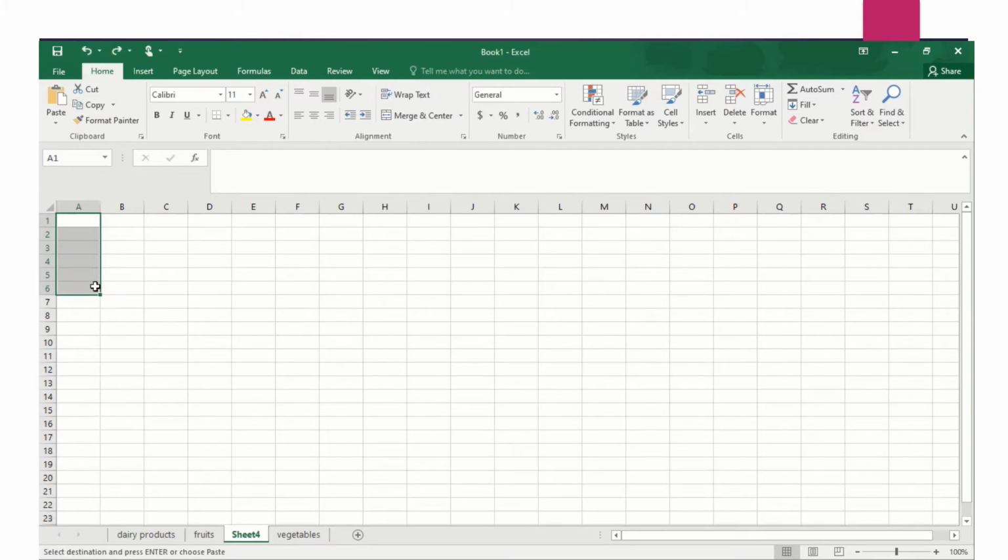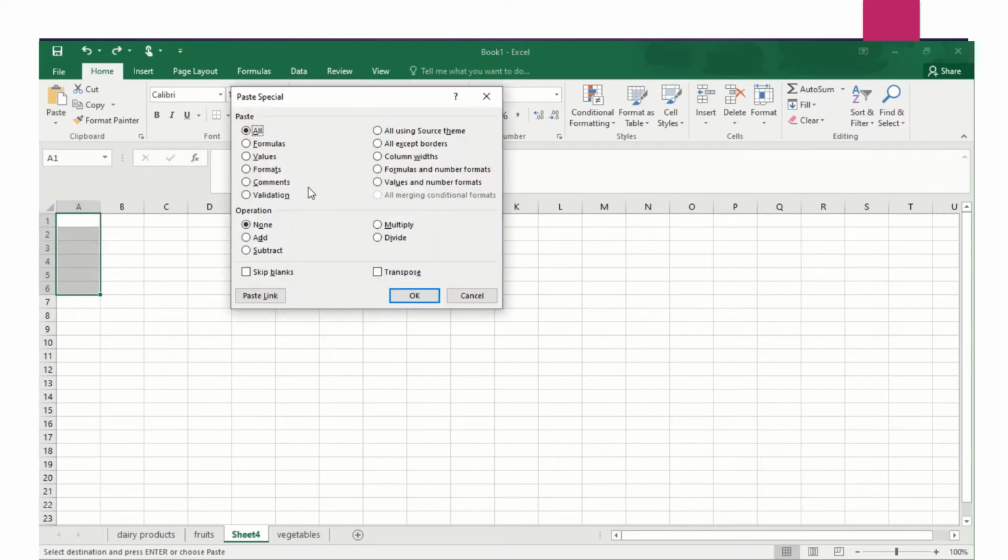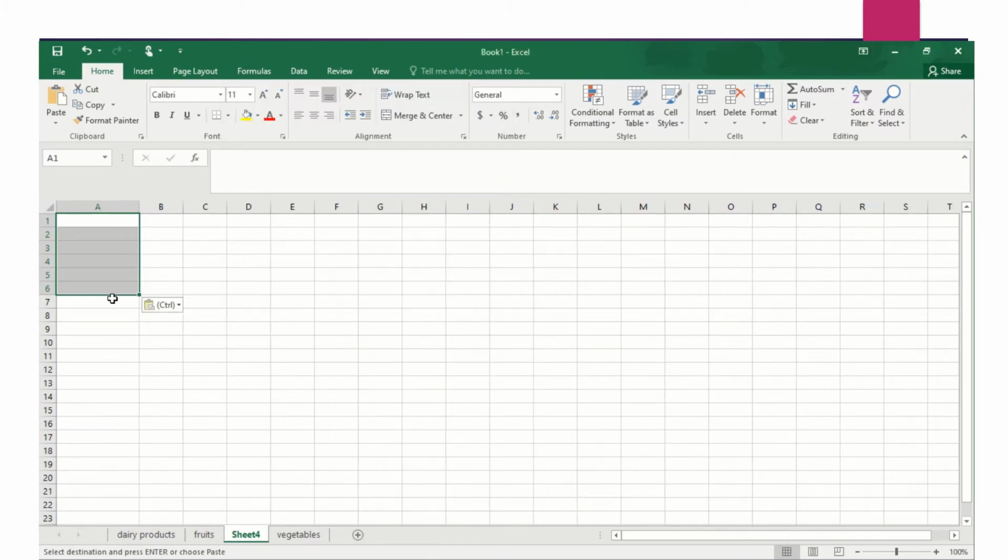Once you start pasting, you have to use the paste special. Go to the paste special, then it's going to give you this dialog box. Okay, it has got a lot of things. So what you need to do here is to make sure that you adjust the column width first, because on the first sheet we have adjusted the column width. When you click on the column width and then you click on OK,